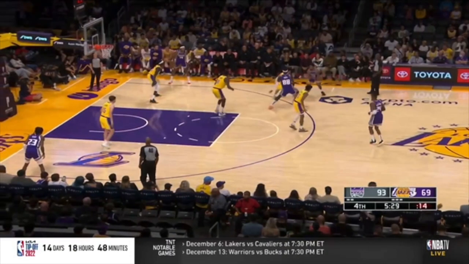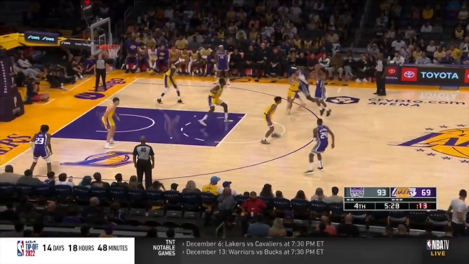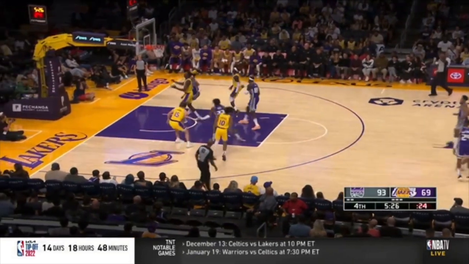Stop running drop coverage. Get this big up and push this guard out. The second he hesitates, picks up his dribble, brings his dribble back, which is going to be quickly, I'm going to be able to recover back to my man. In the meantime, I need backside help, but I'm going to be able to bump you back quickly anyways. But instead, you're in drop coverage and giving up wide open threes for what reason?